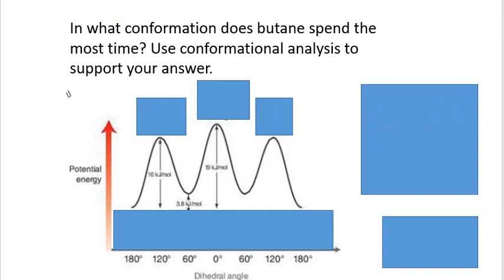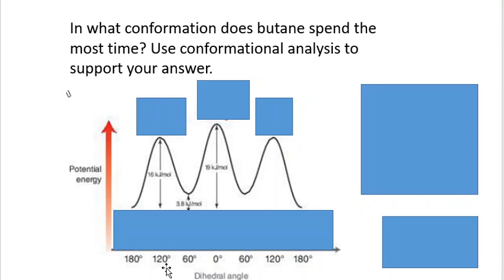Okay. So let's look at a more complicated example. Look at the example of butane. And butane, remember, also has that gauche interaction as well as the anti, where the methyl groups are opposite from one another. And so we're going to do the same thing here. Start with the anti-conformation. This time the methyl groups will be anti, and then hold the back fixed and then rotate the front methyl group around, or rotate the front carbon around until we get complete rotation about the